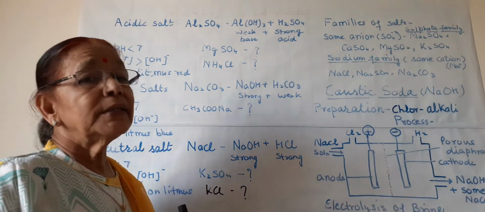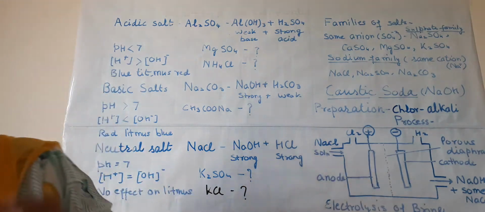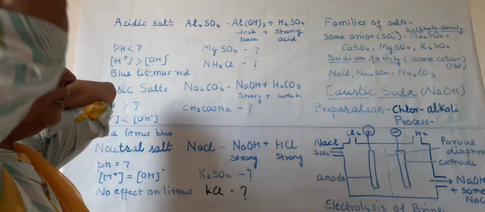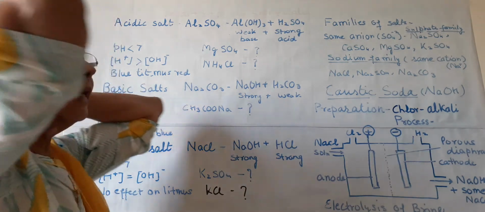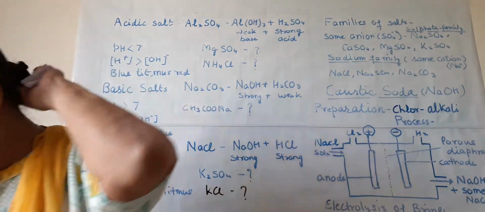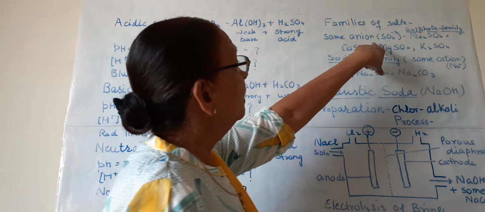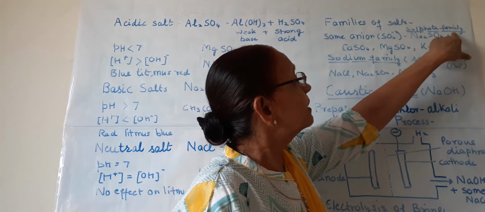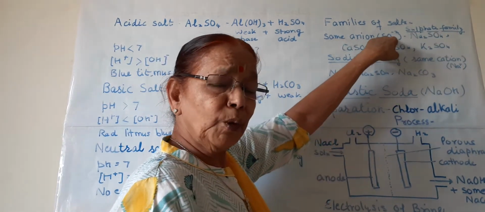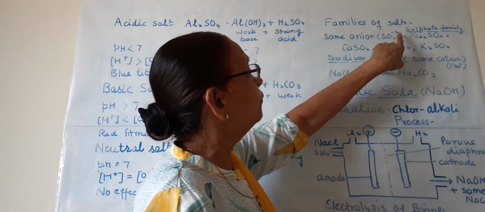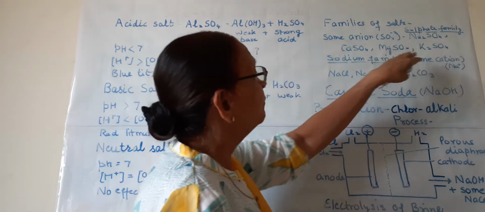Now the next, there is a term known as family of salts. For the family of salts, we can have two: one based on anion and the other based on cation. The name of the anion and cation are used. Suppose, for example, this is the sulfate family. Here the anion is the sulfate group, SO4 2-, and all the salts which have